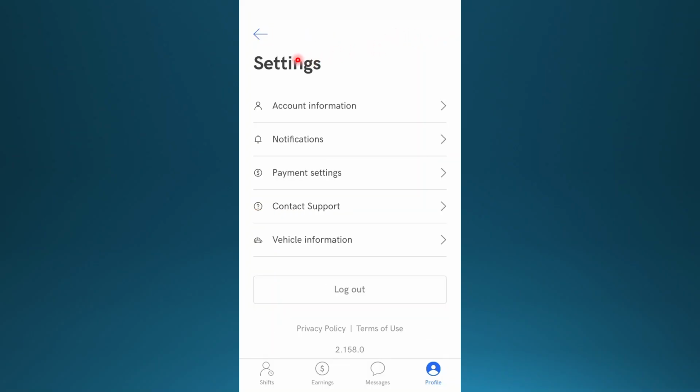And then from here, you'll see different options. And to contact chat support with Instawork, all you need to do is click on this icon right here. You can see it says contact support, and then you can actually chat with them and explain any issue that